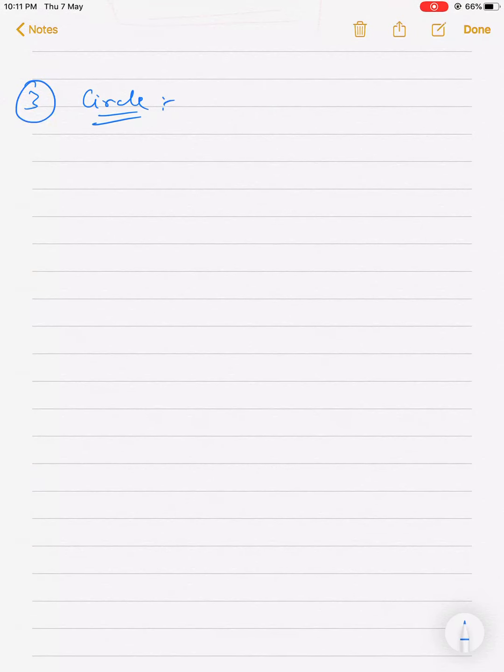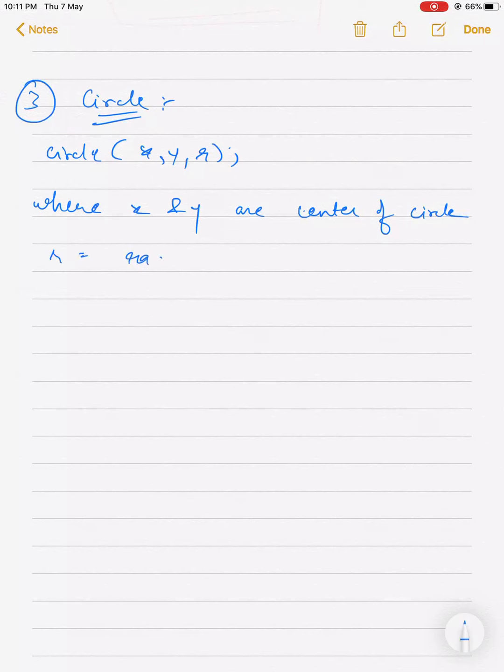Now the circle syntax is circle x y r, where x and y are the center of the circle, and r will be the radius of the circle.